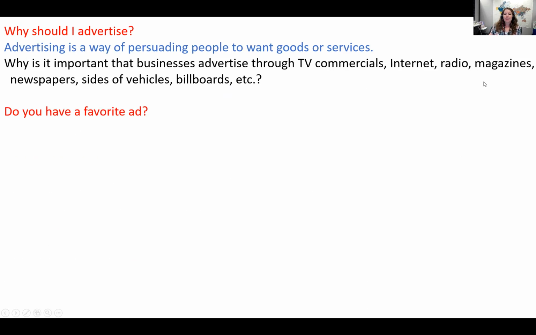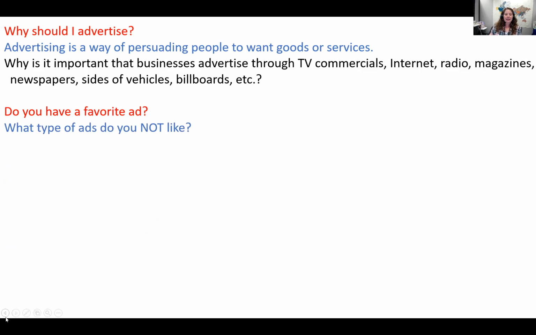A lot of people will actually watch the Super Bowl just to watch the commercials. And those commercial spots are crazy expensive, millions of dollars for just a 30-second commercial. But that's usually when companies get the most creative, because they know that people are watching the Super Bowl to see those crazy commercials. What type of ads do you not like?